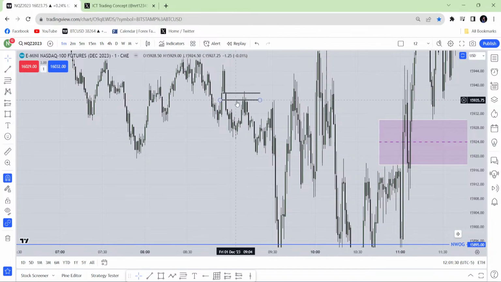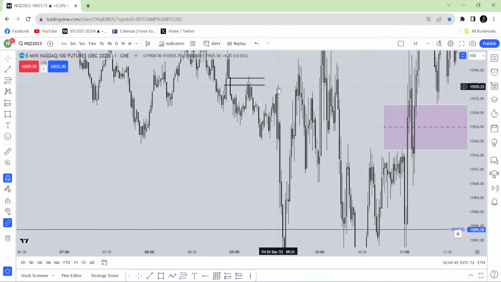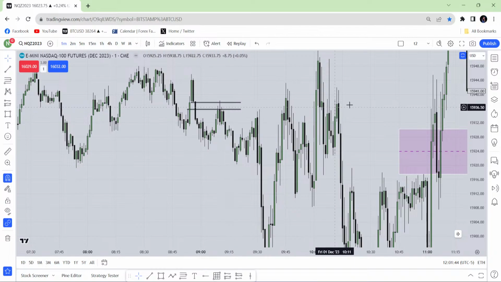So that was that fair value gap. I took my entry when it touched the lower part of that IFVG. I took my entry over there, and then I took some partials here, and then I stopped out over there. So this is my IFVG. The rule is,